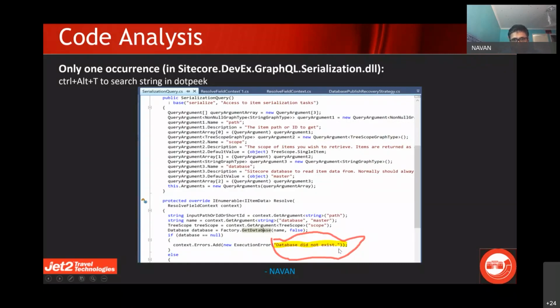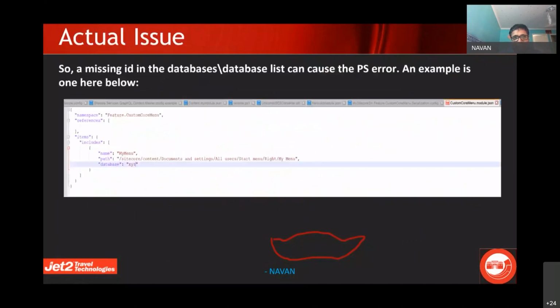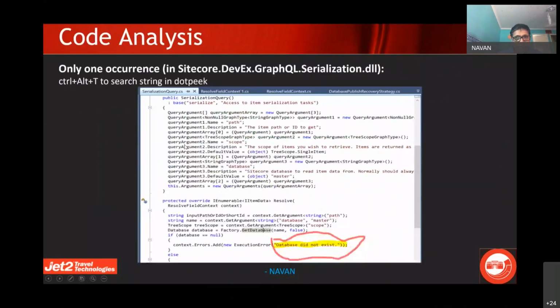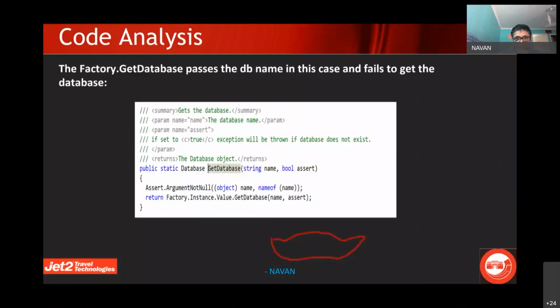That's where the failure occurs, and the database comes back as null, and that's why you get this error. So this is one of the errors. I've taken a reverse approach. The actual approach would be to go backward from here, but I put it this way because I wanted to show the code flow.